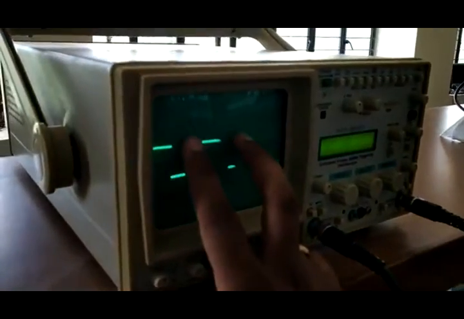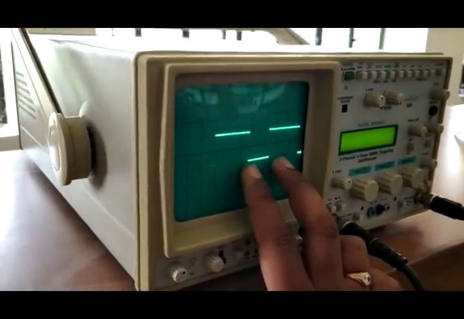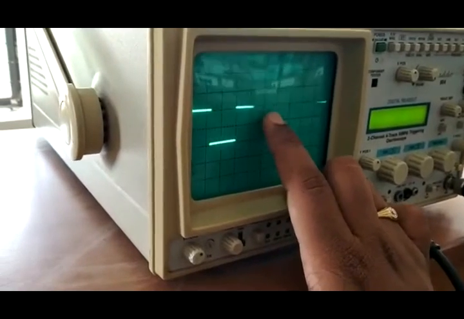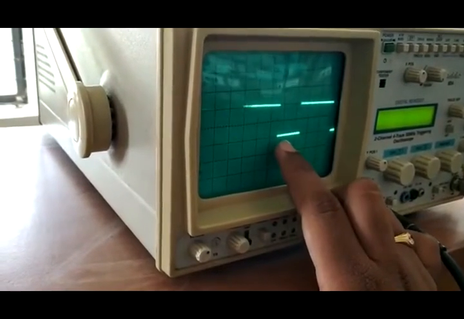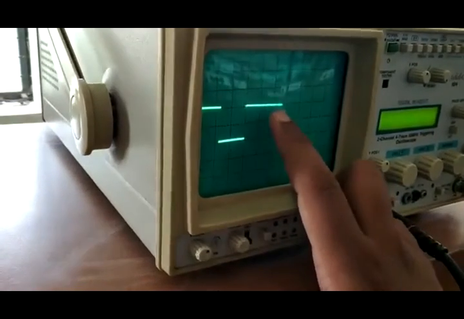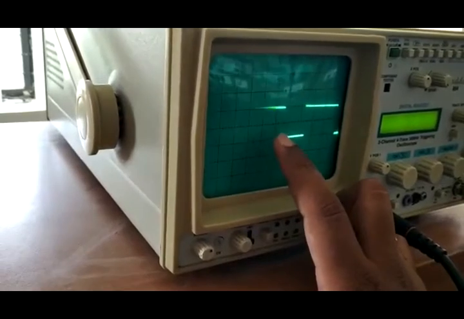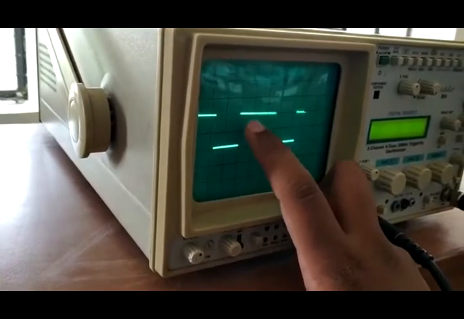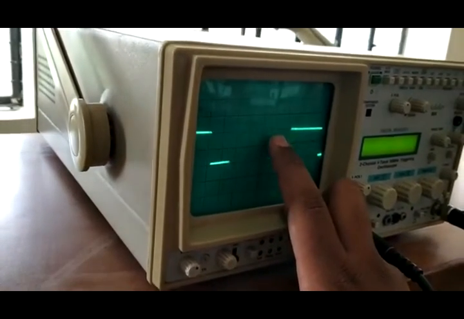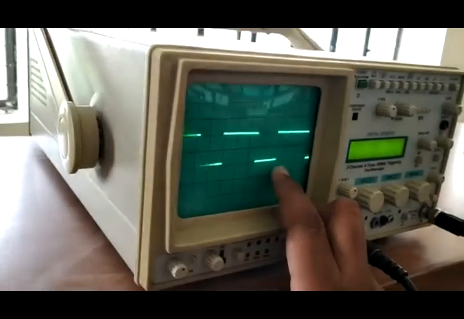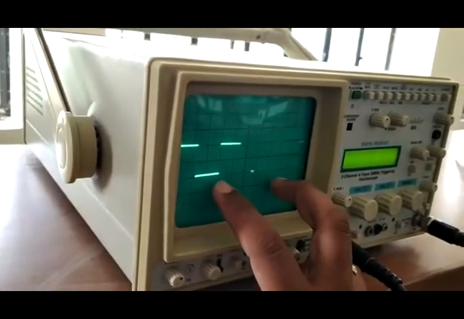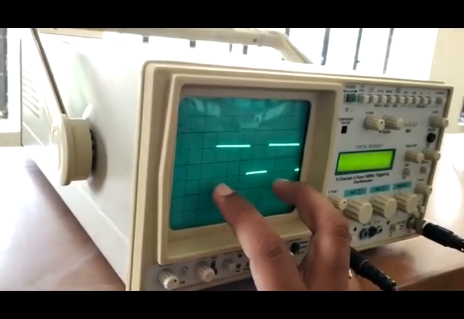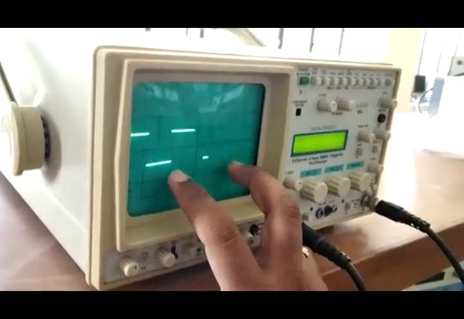In this you can observe that among the total time period, the T on is maximum compared to T off. That means the T on is more than 50% compared to the T off. So we will tell the duty cycle is greater than 50%. That indicates the T on is greater than 50% and T off is less than 50%. So this is the output for the duty cycle which is greater than 50%.